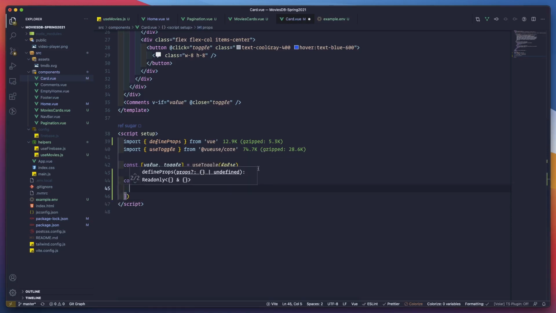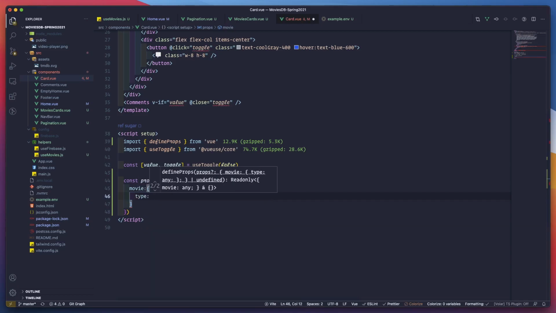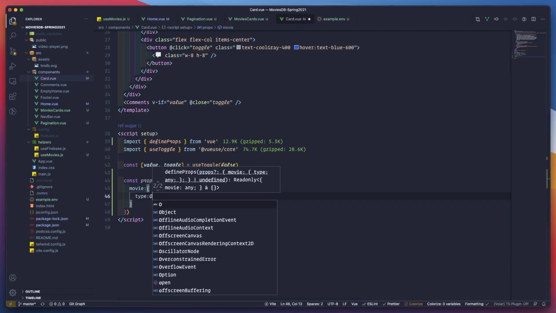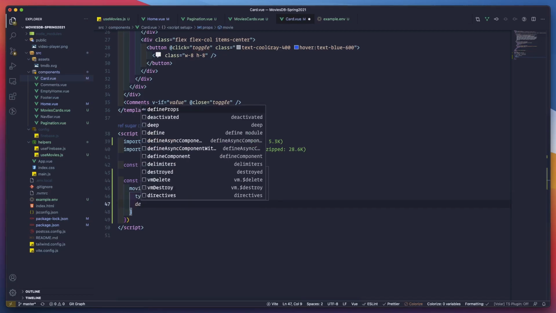And our props should be the next one. And we need to have by default the movie. That's going to be type object, and the default